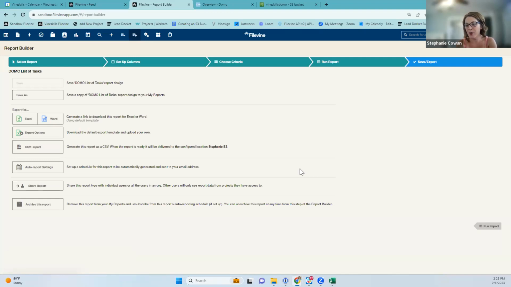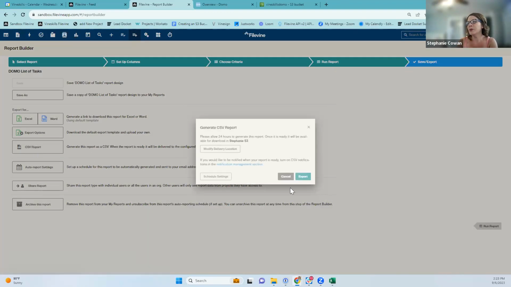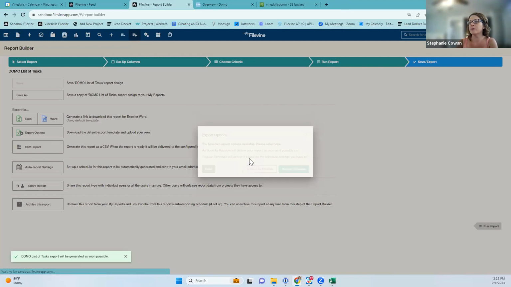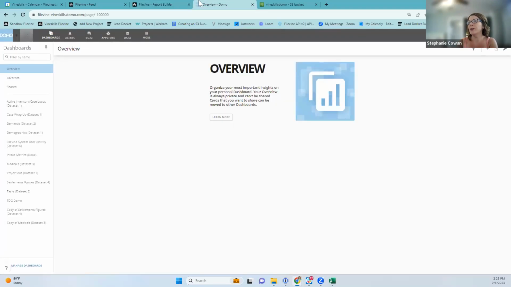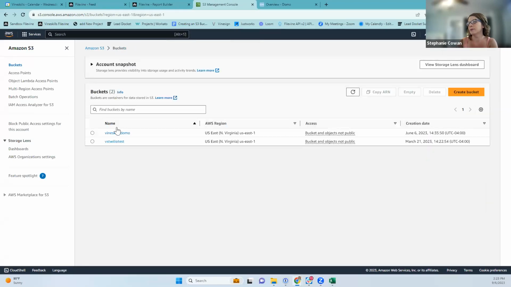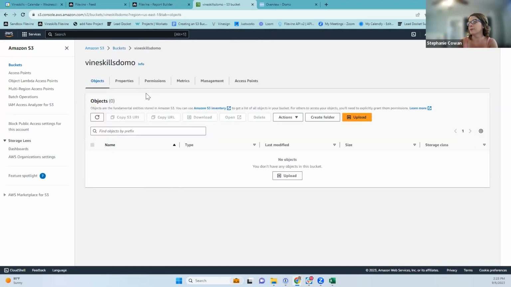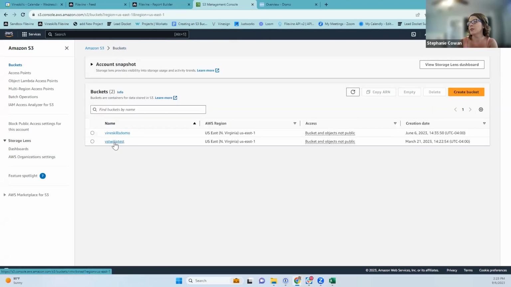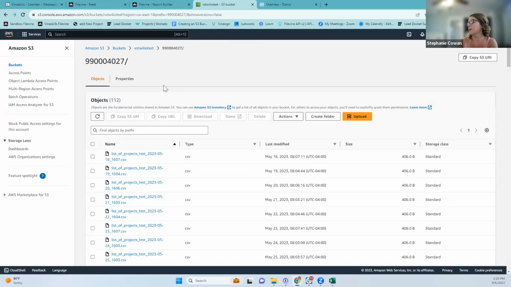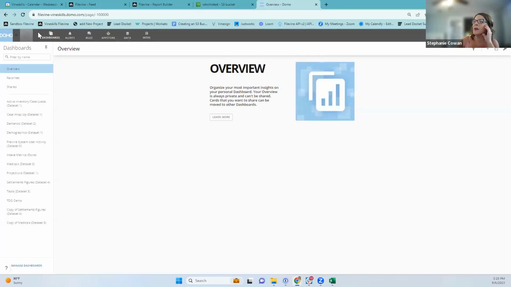So that means it's not showing up until tomorrow, which means I won't be able to connect that report to DOMO until tomorrow. So what I'm going to go do is export it again, and this time I'm going to choose as soon as possible to push that over here as quickly as possible. So we'll see how long that takes. Actually, I wonder if it's here. All right, so we'll come in here,